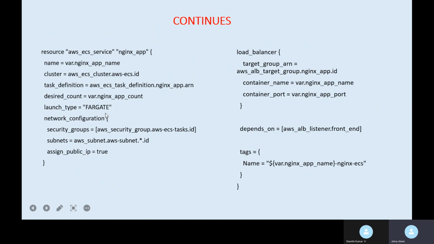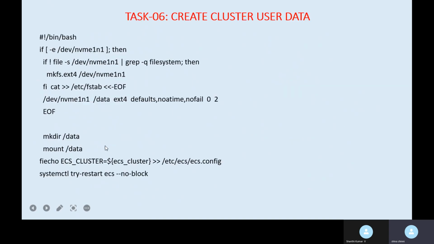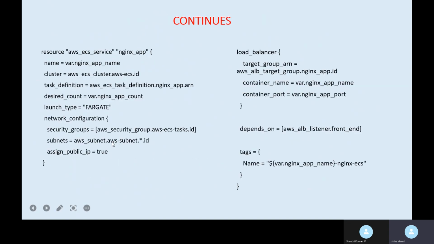So I have configured with Fargate, and the network configuration must be included because it is connected to the security group, subnet, and public IP. So for that I have given it under network configuration. The security group is the ECS task ID security group, and it needs to be connected to the subnet, and the public IP needs to be enabled. So I just gave the true value to the public IP variable,